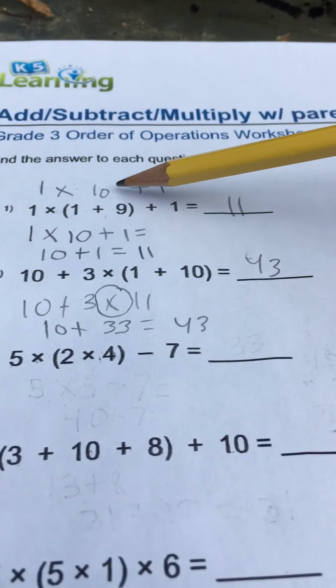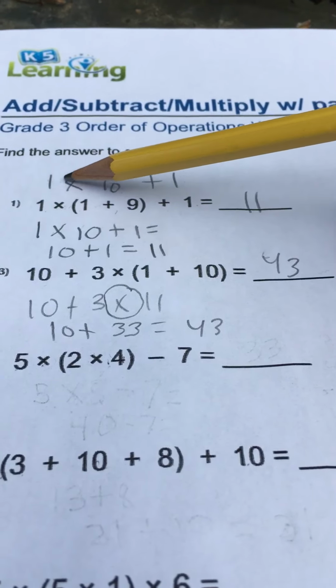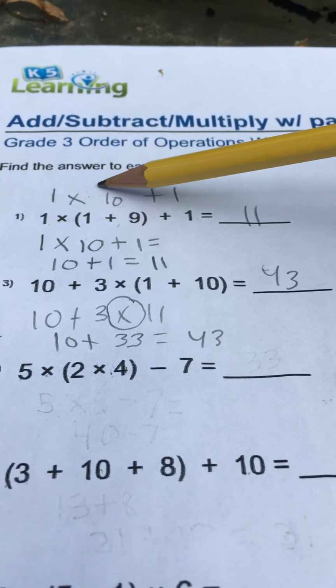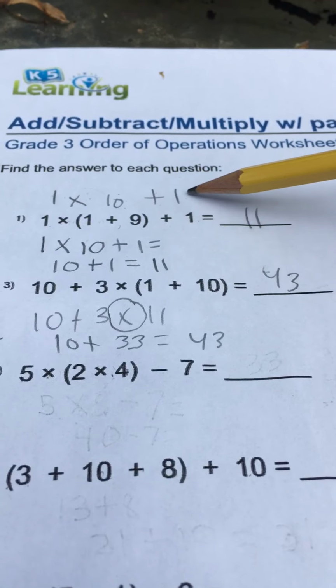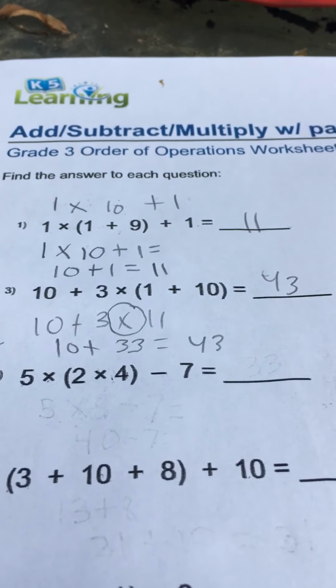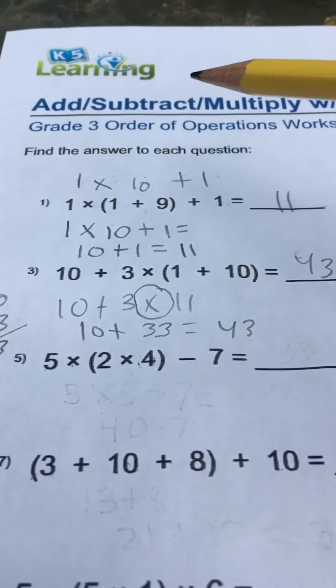Well, I'm going to do the multiplication first because that's the order of PEMDAS. So 1 times 10 is 10. And you can write that up here on the top too if you want to. And then you just add 1 to that. So 10 plus 1, and that's how I got 11. Now I'm just going through these, so I'm not actually doing them with you because I'm going to do these